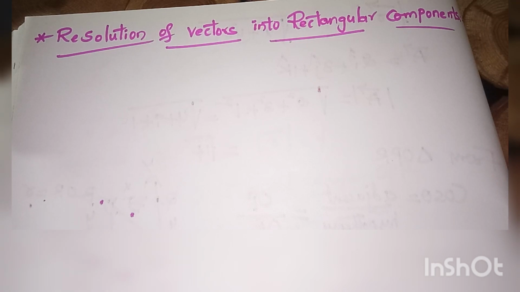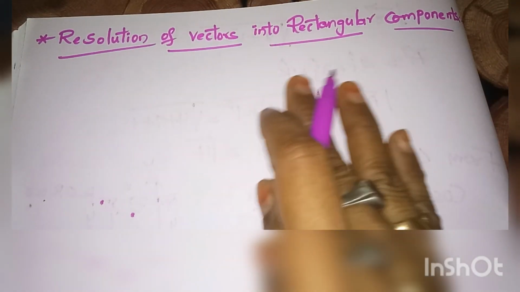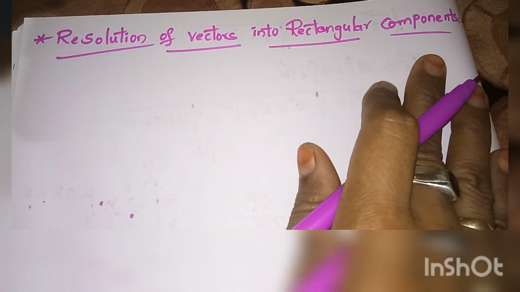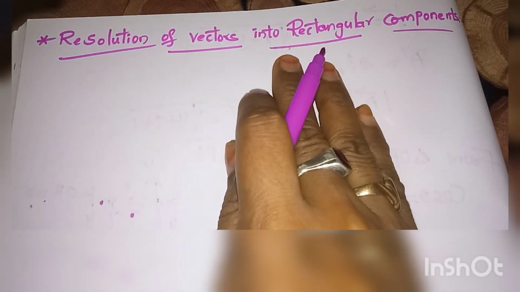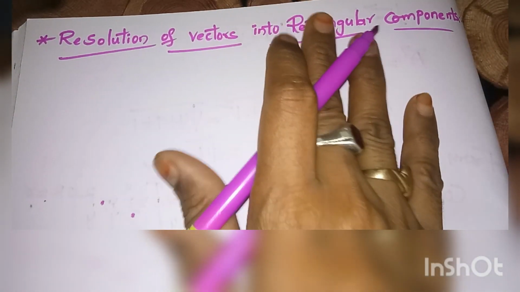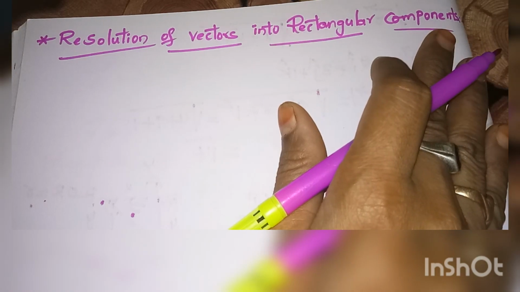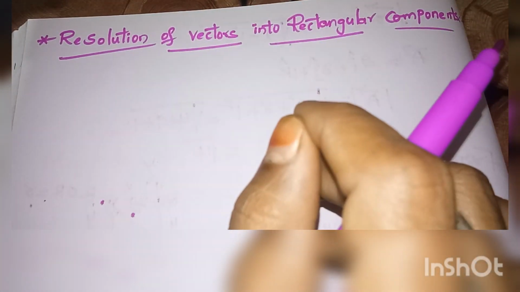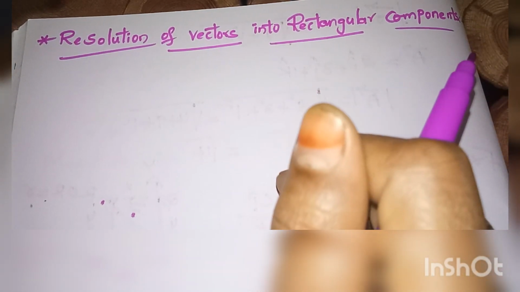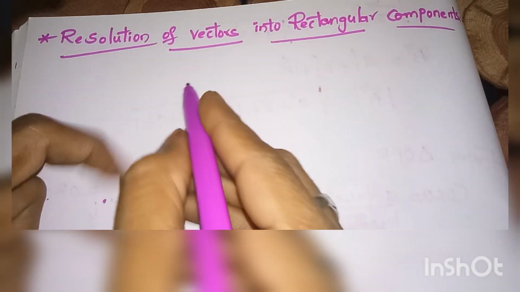Today we are going to discuss resolution of vectors into rectangular components in 2 dimensions and 3 dimensions. That is 2 rectangular components and 3 rectangular components. What is resolution of vectors? So resolution of vector means, suppose, let us consider 2 dimensions, that is